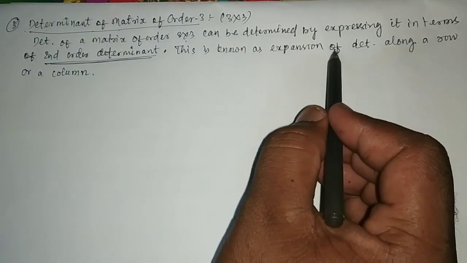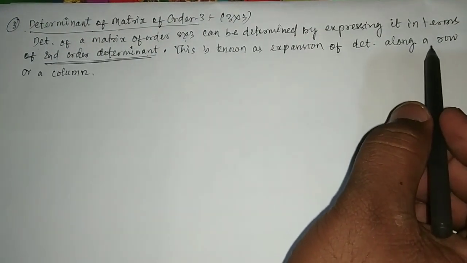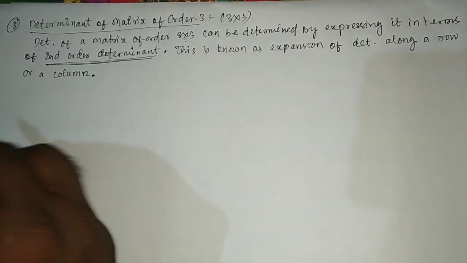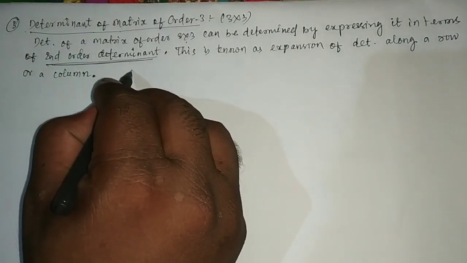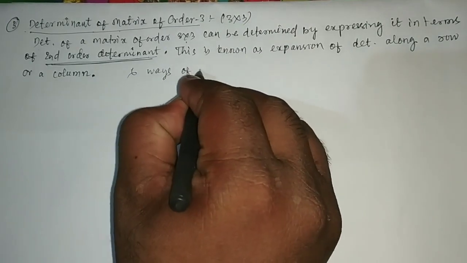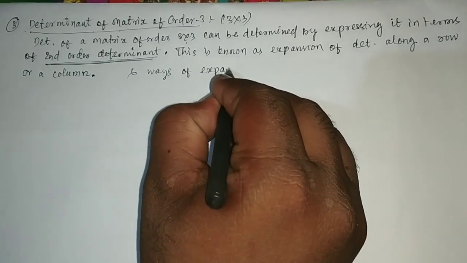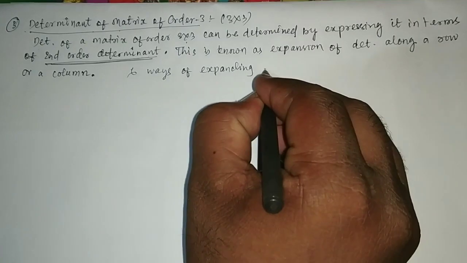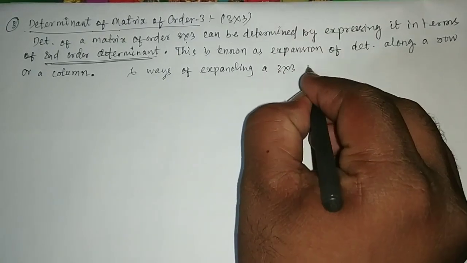This is known as expansion of determinant along a row or a column. There are 6 ways of expanding a 3 cross 3 determinant,